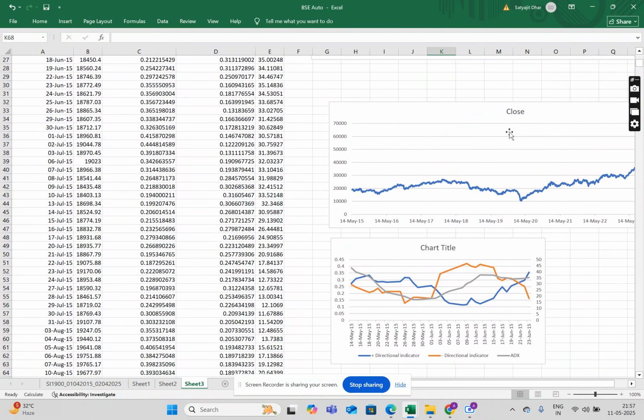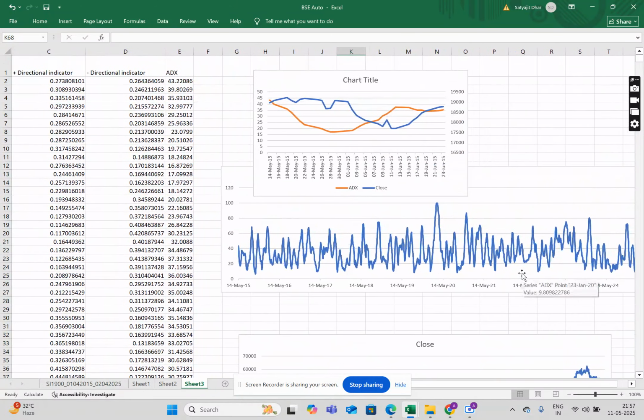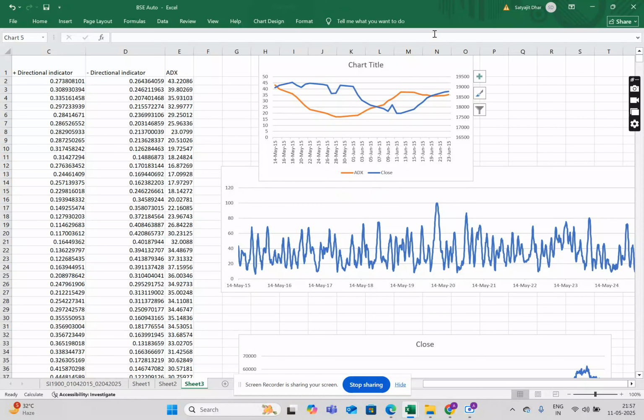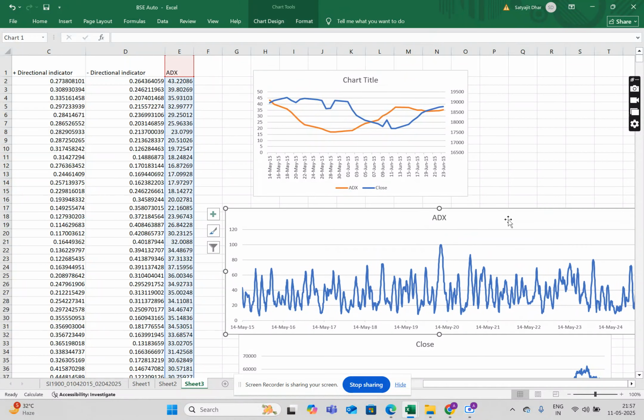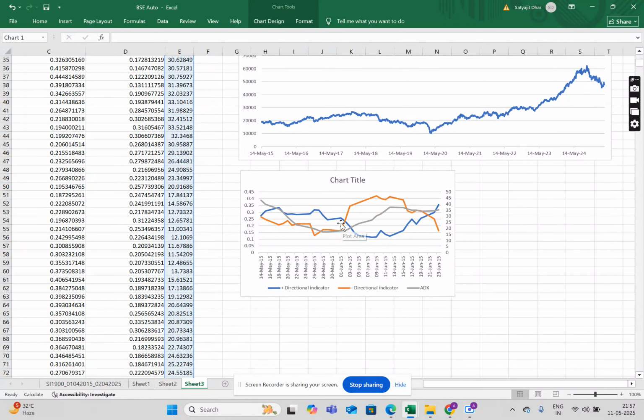Like we had seen that ADX was around 100. Okay, we had seen here, one second. In this particular graph of ADX, we had seen that ADX was 100 at this point at around 2020, which is a very strong trend. So ADX is not that high here. So the trends are not very strong here.